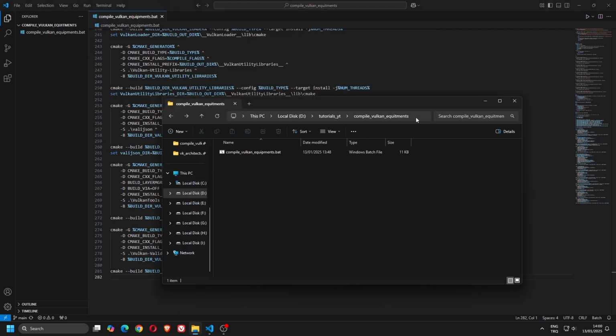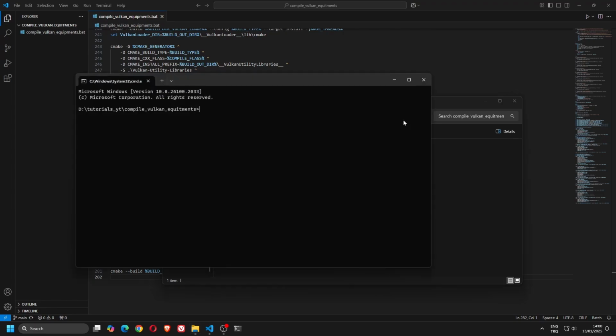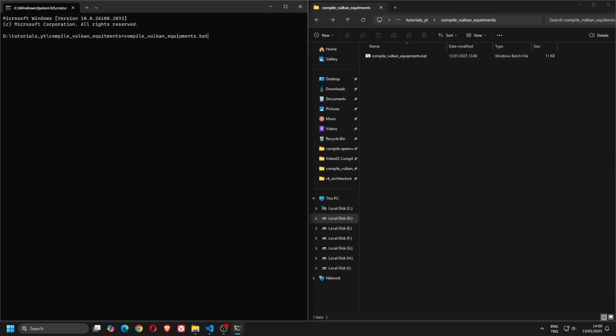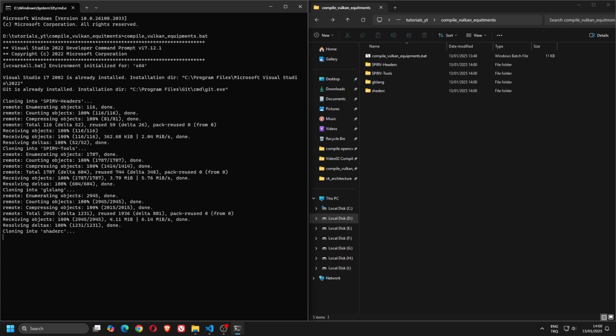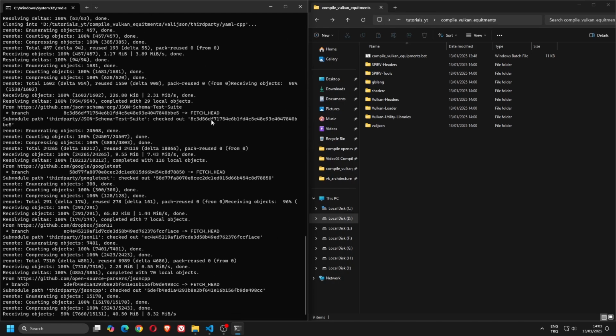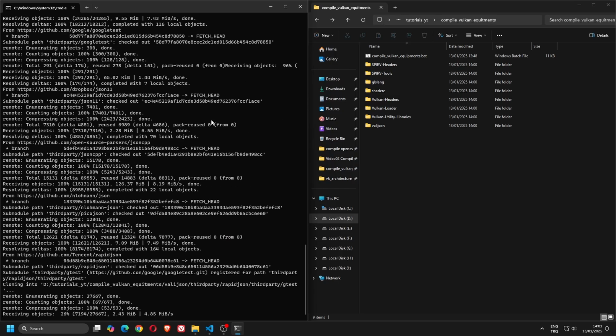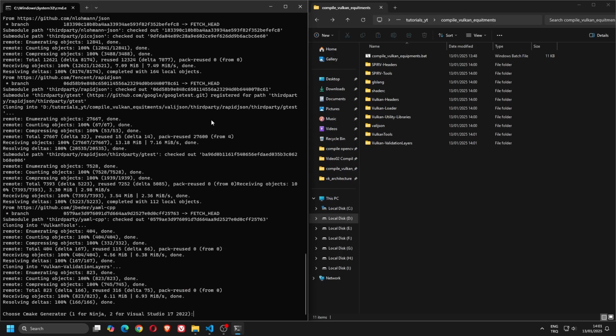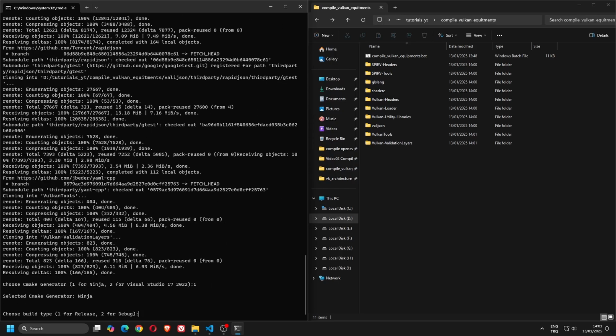Let's open a terminal in the same directory as the script and run it. I'll choose Ninja as the CMake generator. I'll compile it as release.